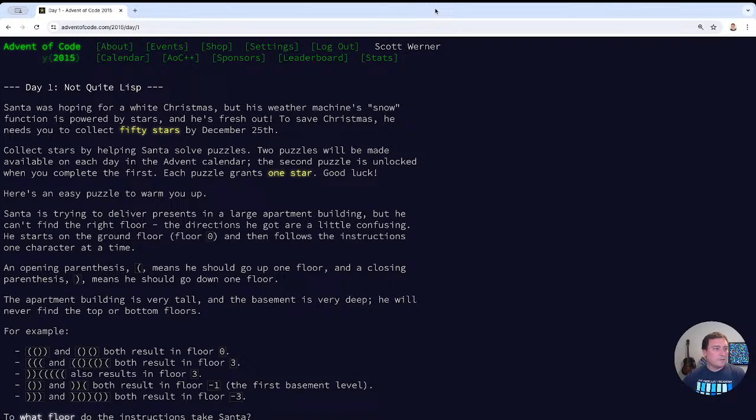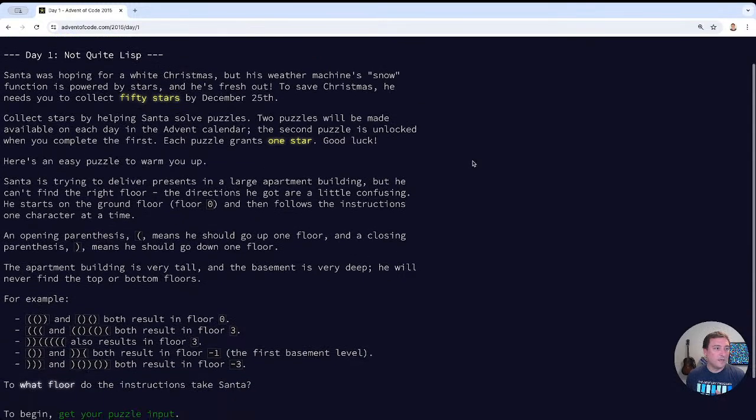So the way Advent of Code works is every day through December, a new problem is released with 2 steps, and you're supposed to help Santa each year. Help Santa get presents to the kids. And so the first one, this was back from 2015, but the first one here is